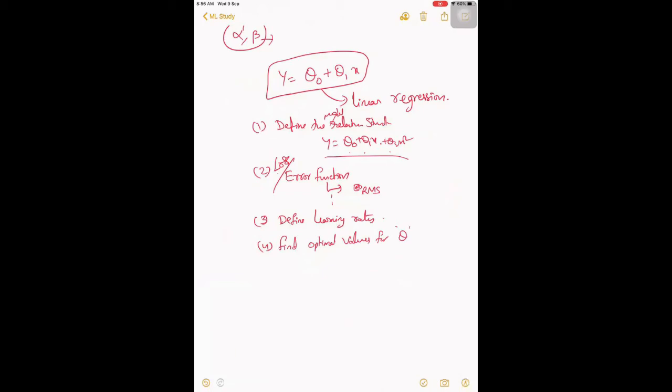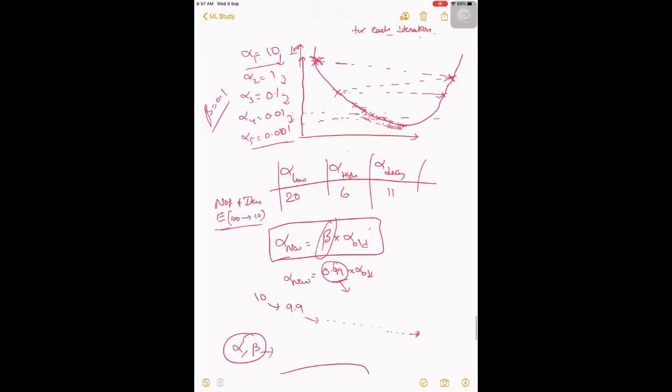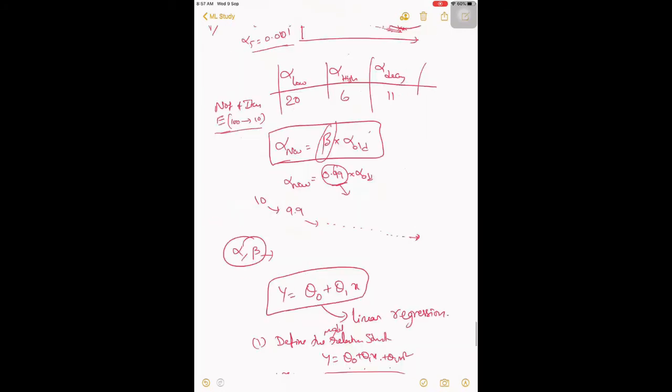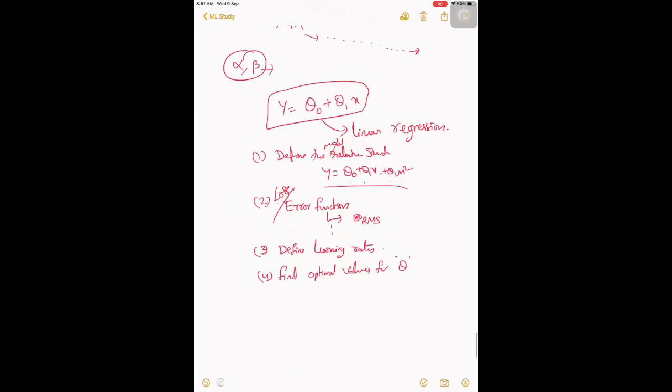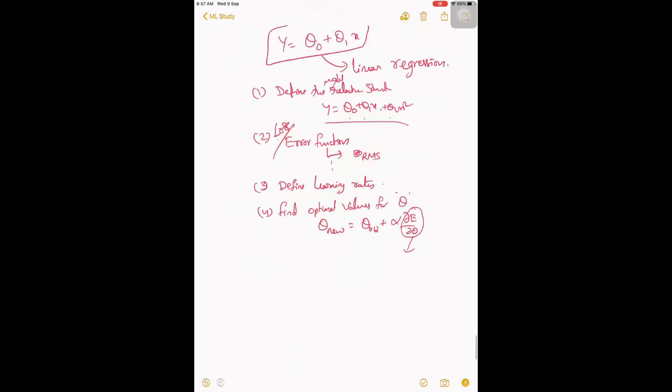What you are trying to do here is theta new equal to theta old plus alpha d by d theta. The derivative is also called the gradient.